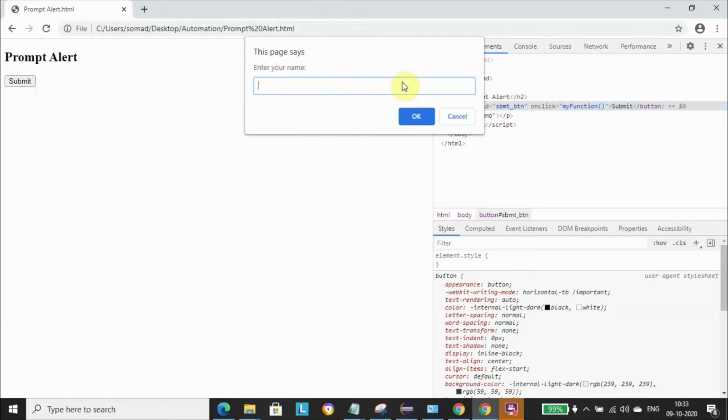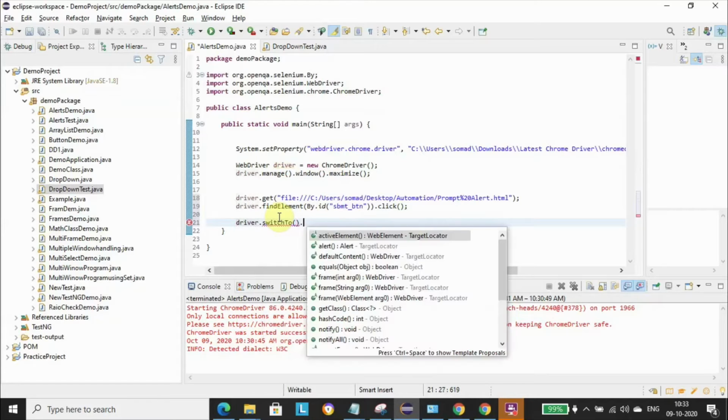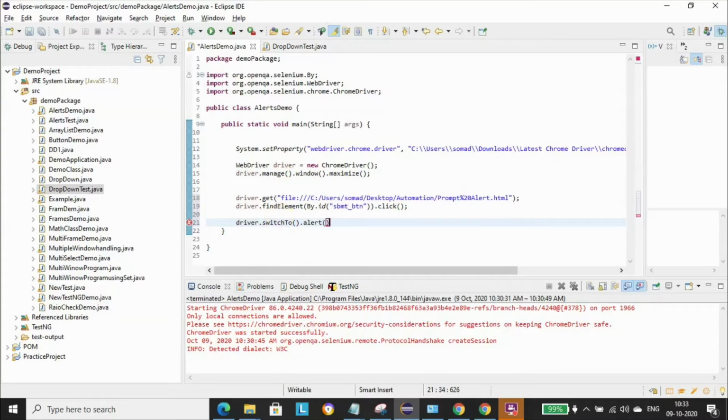So now after clicking on submit, we are getting this alert. What we are going to do is write driver.switchTo().alert(). So now the control is on the alert. Dot sendKeys, because we have a text box to enter there. I am providing my name here, sendKeys Abhijit, then driver.switchTo().alert().accept().